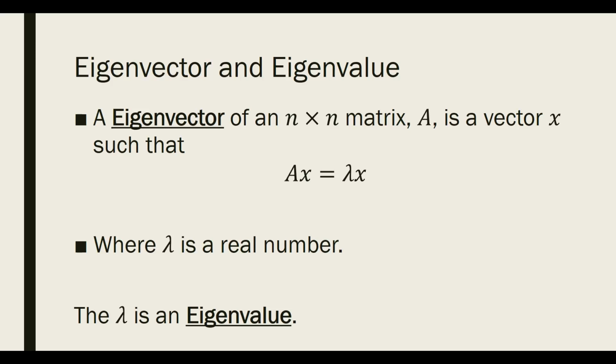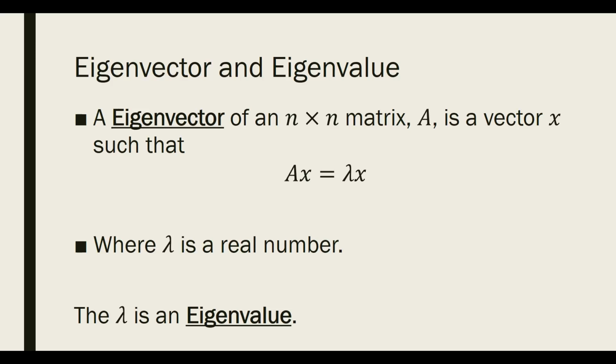So we say we have an eigenvector of a usually square matrix. In fact, it always has to be square, excuse me. It's a vector such that when you multiply that vector times a matrix, you get out just a scalar multiple of the vector itself. This scalar is called lambda. It's a Greek letter lambda. That's what we always use for eigenvalues. And that constant number lambda is going to be some real number